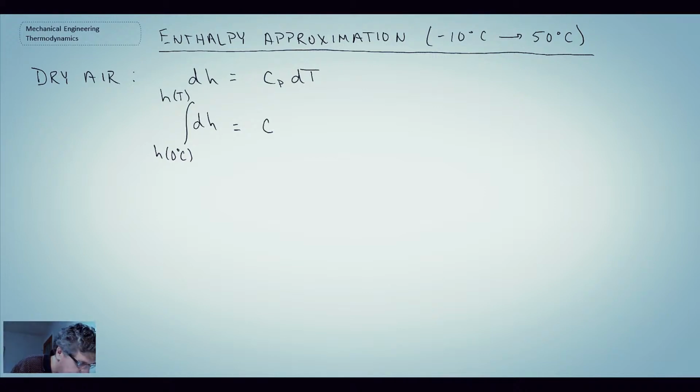That will be part of our calculation. And I'm going to pull the specific heat out because we're dealing with relatively small temperature changes. So we can take an average value for the specific heat. And we get that equation there. If we integrate